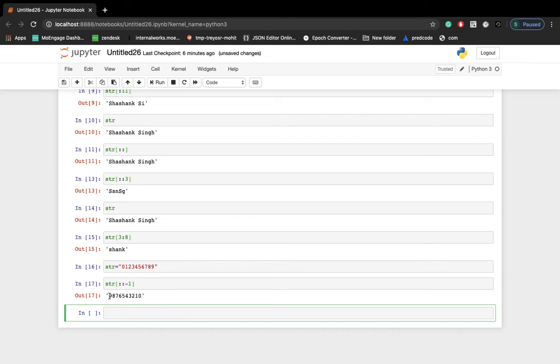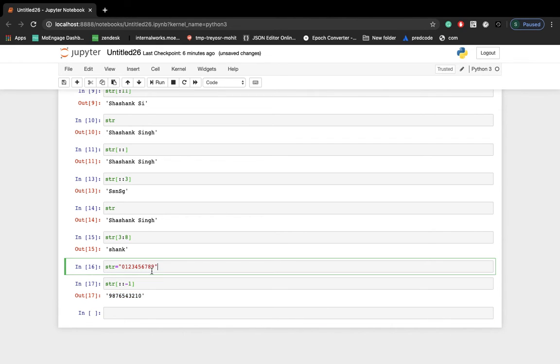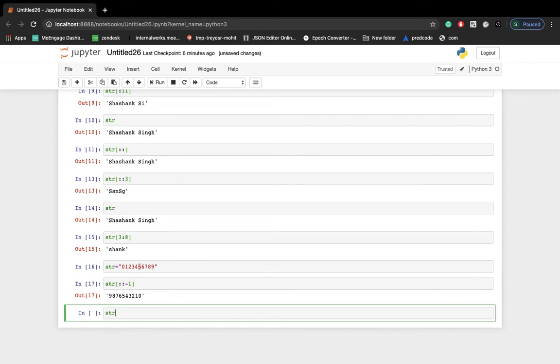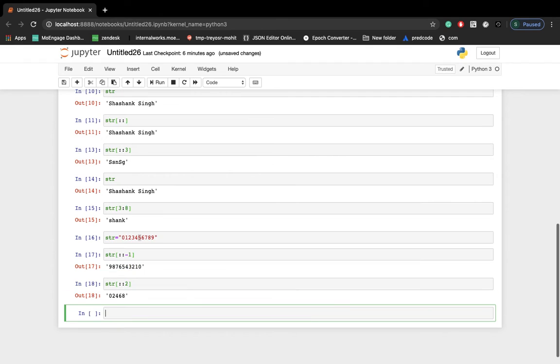Once you click this, you will be able to reverse this string. What if someone tells you to write 9 7 5, I mean from the end in the interval of 2?